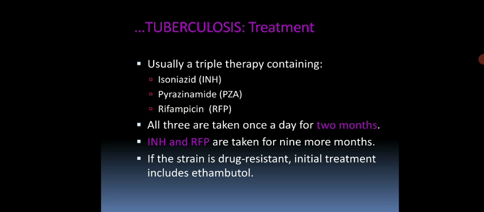In case of treatment, it is usually a triple therapy containing the drugs isoniazid, pyrazinamide, and rifampin. These drugs are used in a cocktail, or triplet. This is known as triple therapy, where 3 different kinds of drugs are used, and all of these are taken once a day for 2 months, and isoniazid and rifampin are also taken for 9 or more months. If the patient is drug resistant, the initial treatment includes